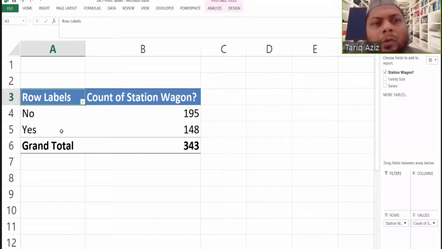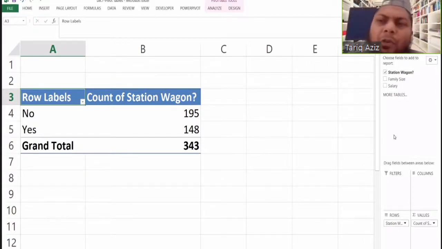The table has automatically been generated. Out of 343 people, there are 195 families that said that they don't own a station wagon, and there are 148 families that have said that they own a station wagon. So this is the simple tabulation.